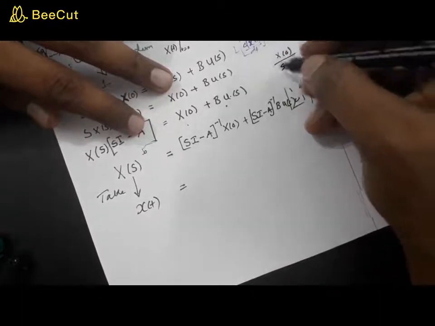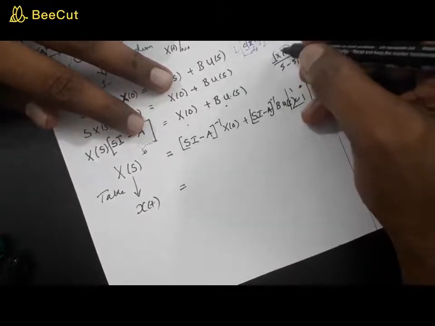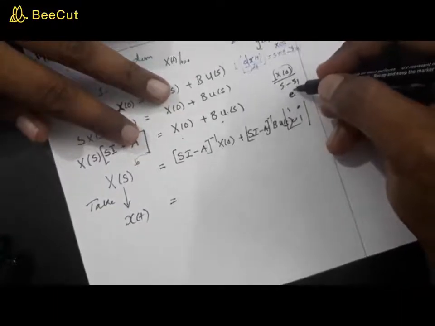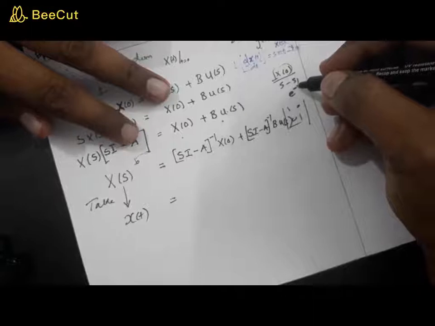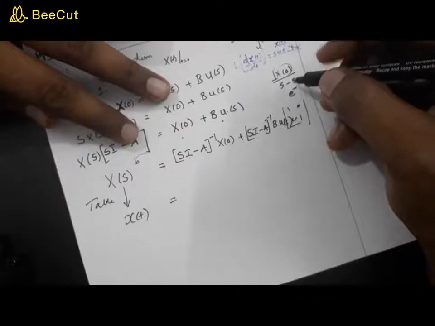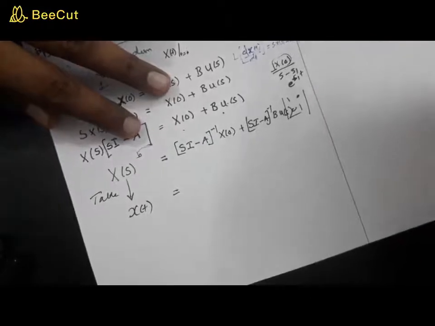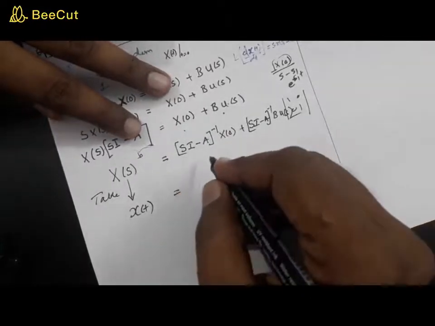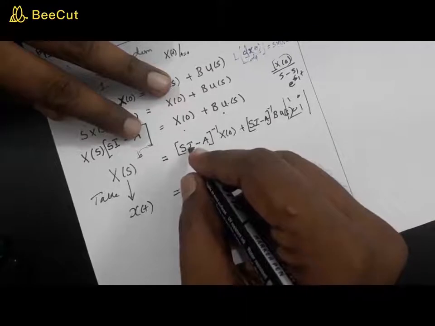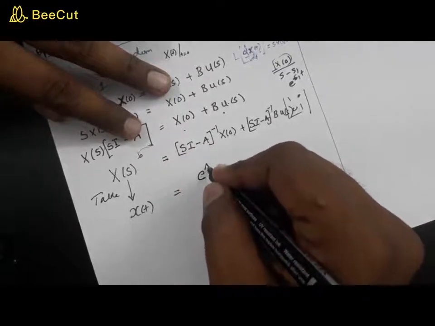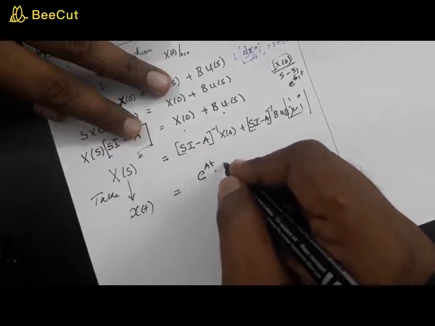What will you be writing for such a case? x of 0 is a constant. If you have 1 by s minus a, you will be calling that e raised to a into t. So similarly, this can be written as e raised to a into t x of 0